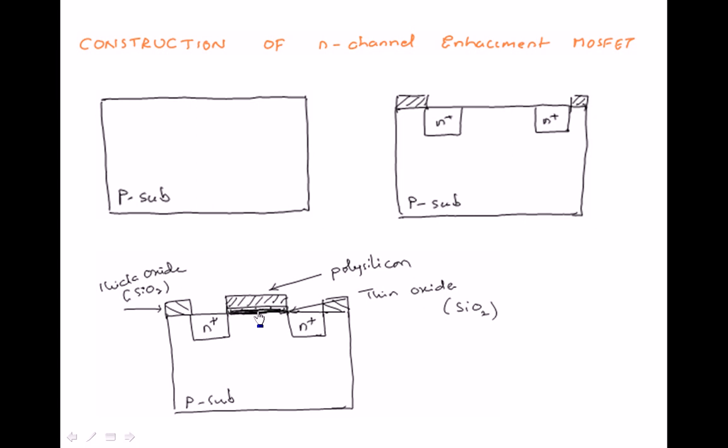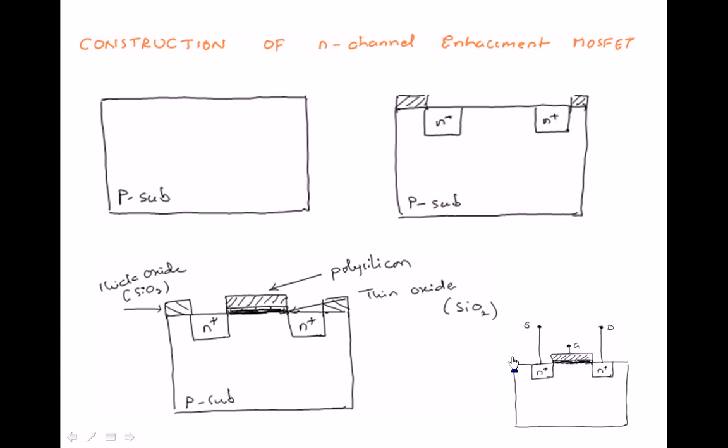So thin oxide is going to be acting as gate oxide, which is the main root cause to enhance the channel, whereas thick oxide's function is to isolate nearby transistors, and it is going to isolate the metal layers from the other conducting layers like that. Okay. Next, after getting the source, drain and polysilicon gate, you can get the terminals in this way. Ohmic contacts can be drawn, source, gate and drain with ohmic contacts.